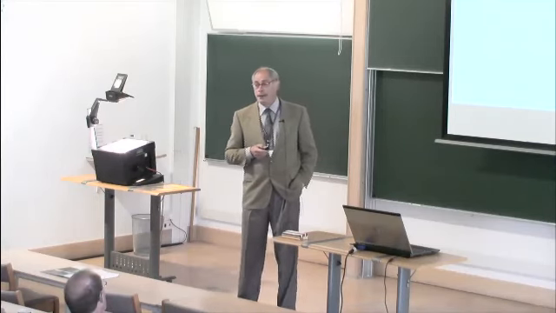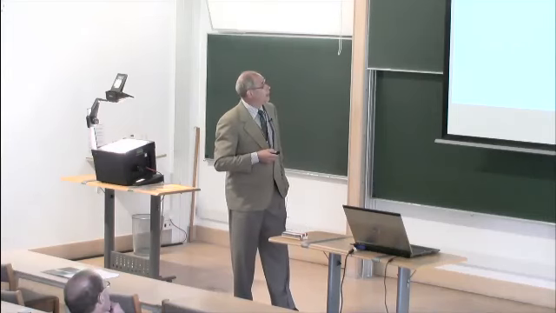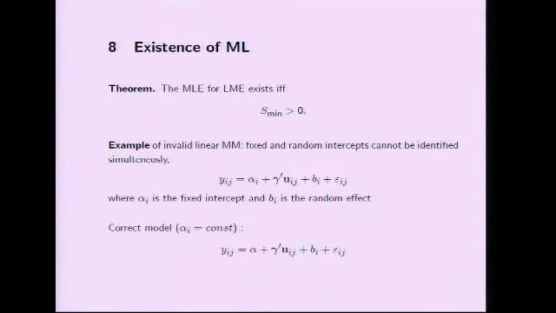Can you be a bit more explicit about why S min would be 0 in that case? I mean, if there's some variation in the Yij within a given i, it can't be accounted for by gamma. Here's the explanation. The best random effect will be 0, because everything will go to the intercept term. So this becomes 0, so it means